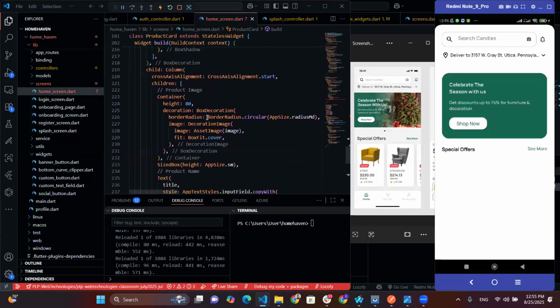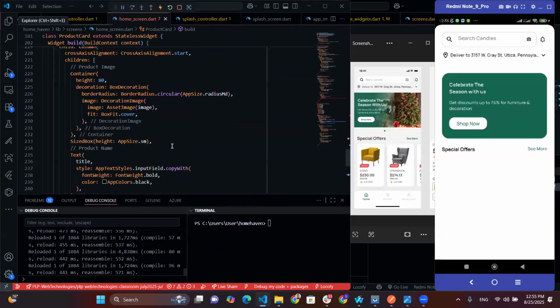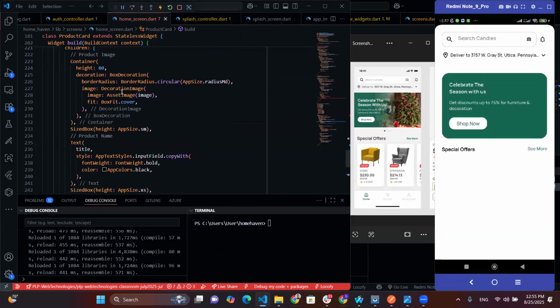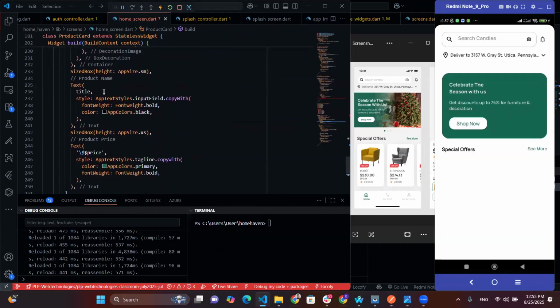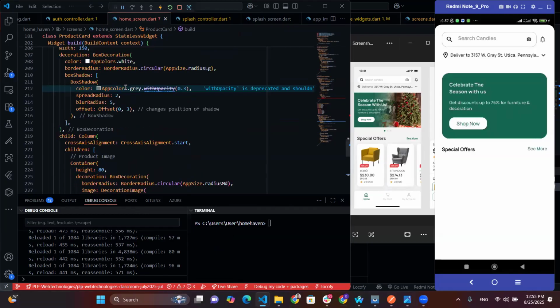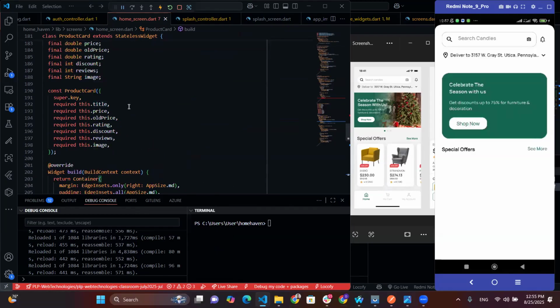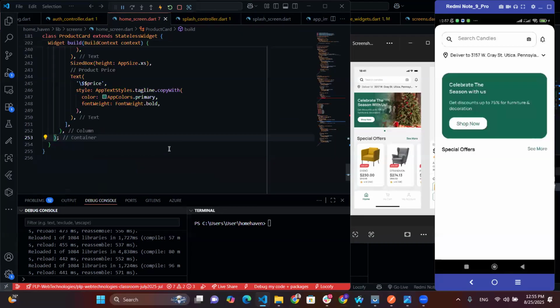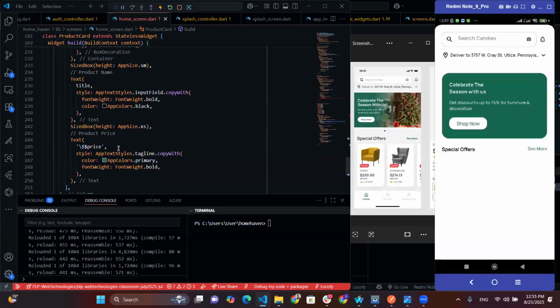So inside the container, we have this product image, image decoration, asset image. Okay, size box height. Then we have text title. When we're making reference to this title here, we start with title. That is for the first name of this. Then we now have price. Okay, we have title and price. And then